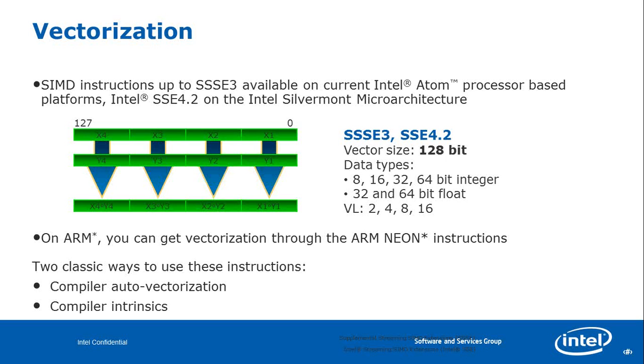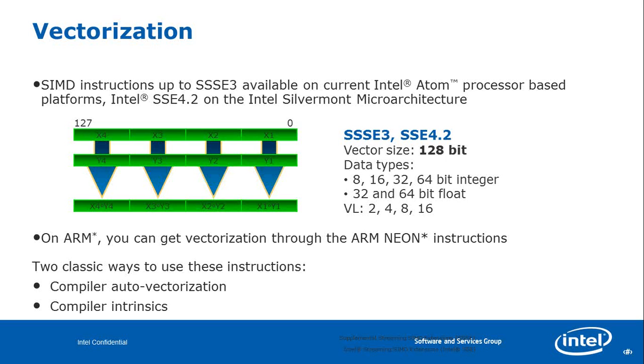So this is the kind of optimization level which you can achieve using SSE 4.2. There are also other vectorizations on non-Intel platforms, like in ARM you have the ARM Neon instructions. As I mentioned, there are two types of instruction sets in vectorization. One is the compiler auto vectorization, and the other is the compiler intrinsic. In the compiler auto vectorization, what happens is you are telling it to use SSE 4.2.